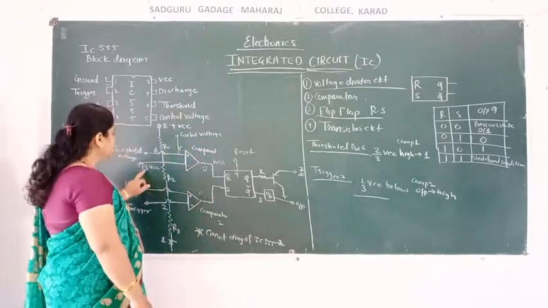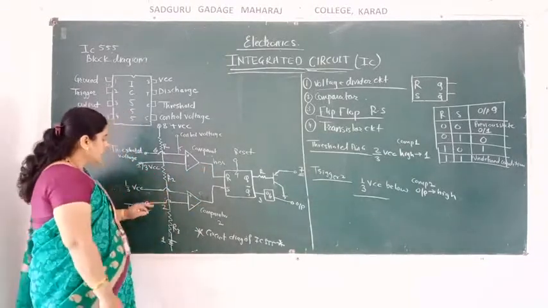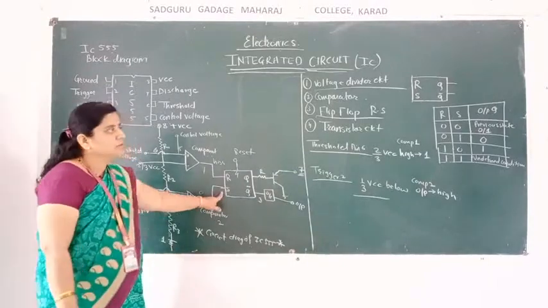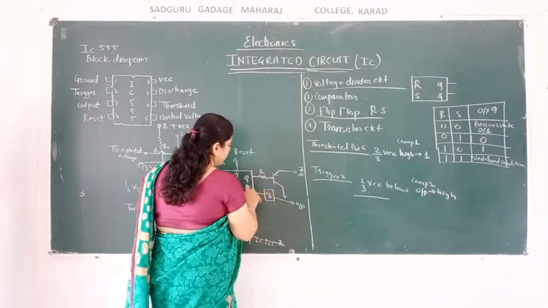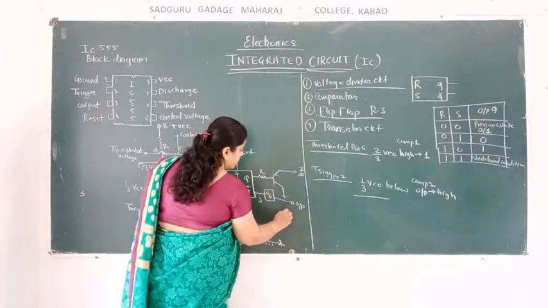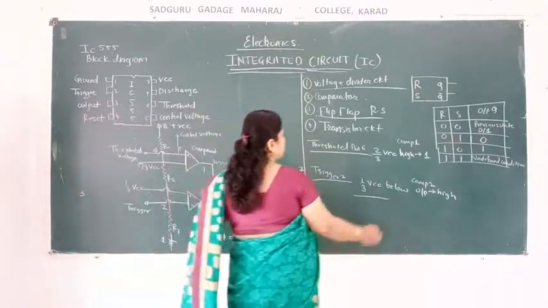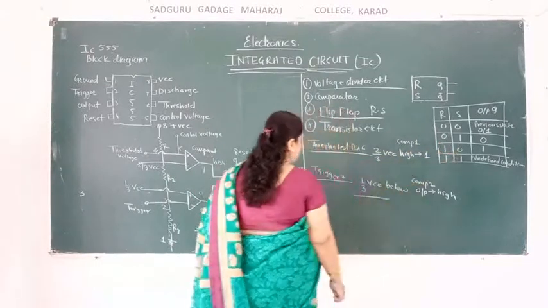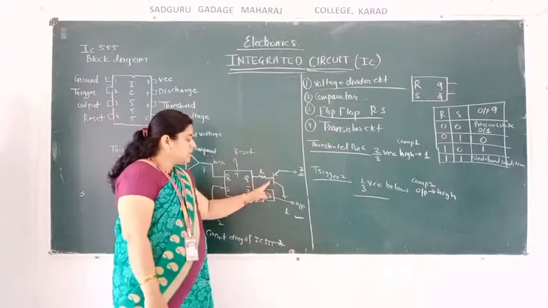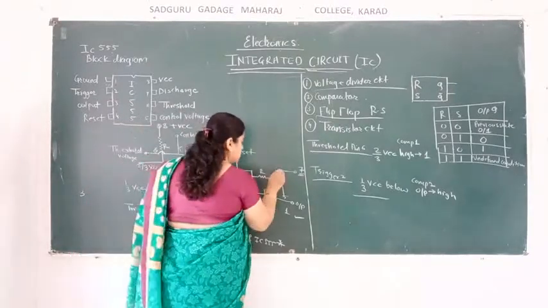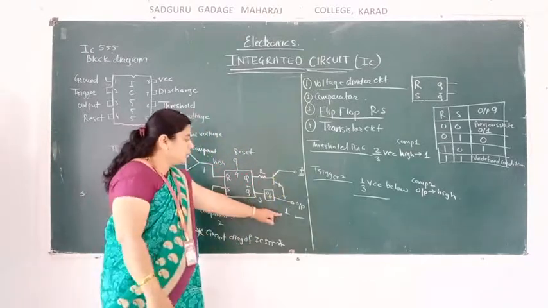So suppose this is high, 2/3 of VCC, then R is high and S is 0, we get the output as a 1. Okay, output will be 1, means what? If R is 1 and S is 0, we get the output as a 1, means the transistor is not added, see, it is a collector of the transistor. You will get the output Q equal to 1.